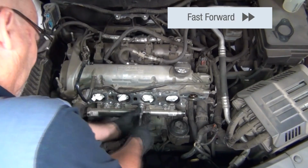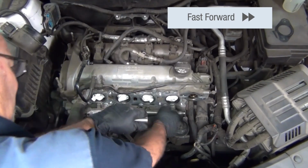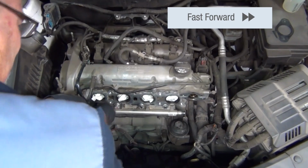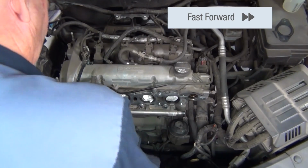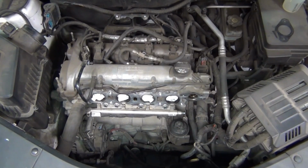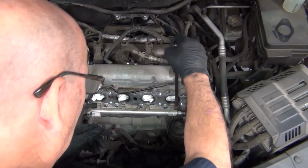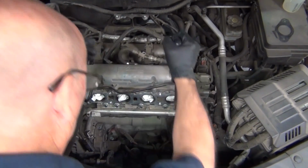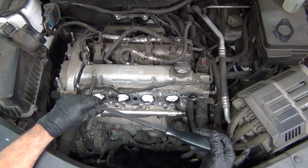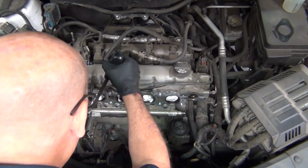And now with those ports clean, you can see the technician is removing the bolts that are holding on the fuel rail itself. There's only a few bolts here. The rest of it is being held in by the injectors and their housings. And in order to get those broken free, the technician is going to take a pry bar and, without using too much force, just work back and forth from left to right and try to wiggle the fuel rail free